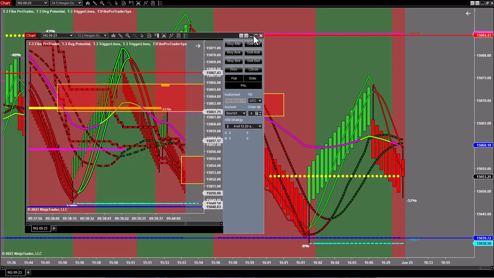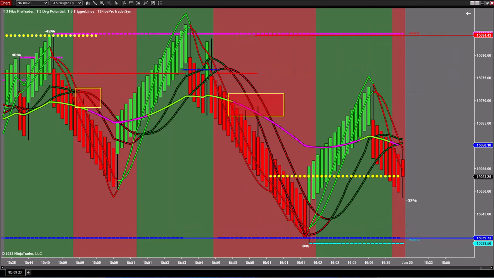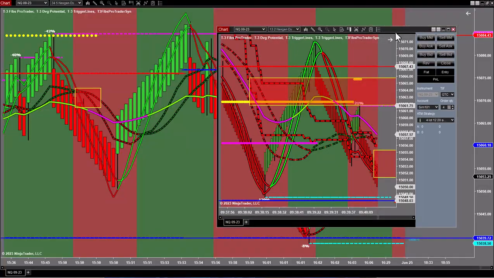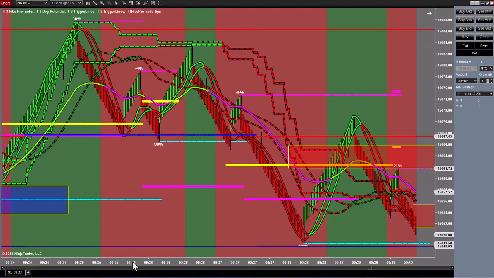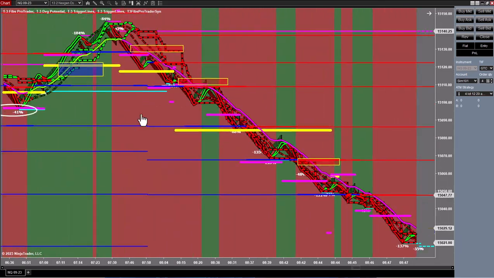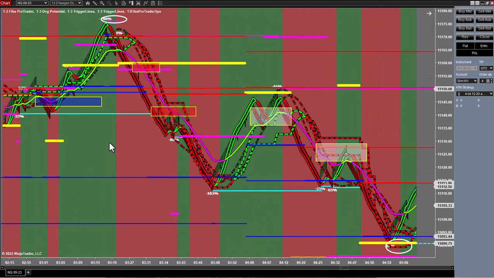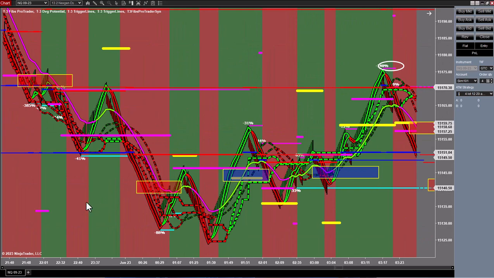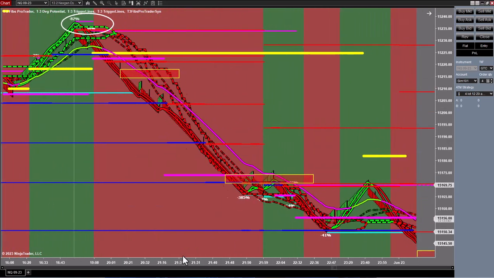So what I want to do now, I know that was kind of long-winded, but what I want to do now is go look at where the money is made or lost. Because the small chart's where you're going to do all your entries. So we'll go back and let's find midnight. So here's our midnight,